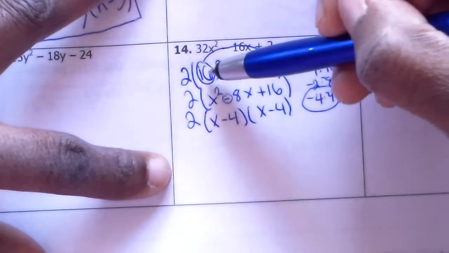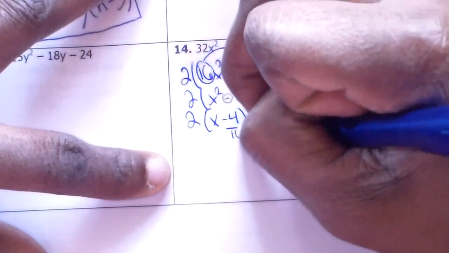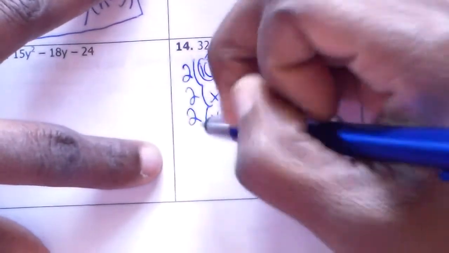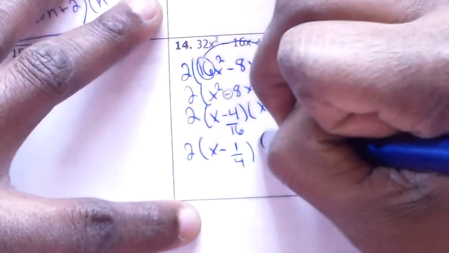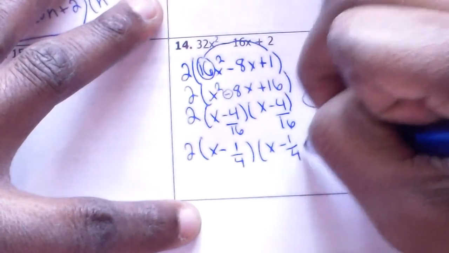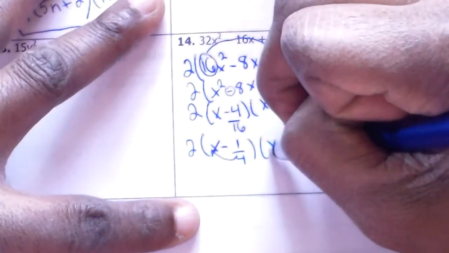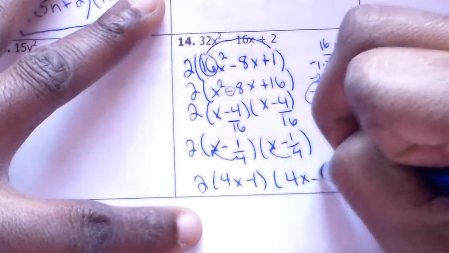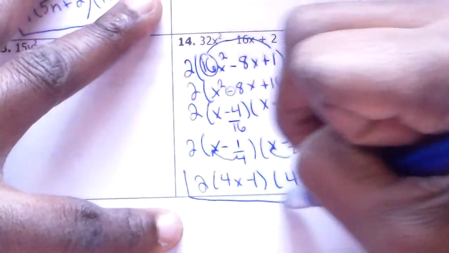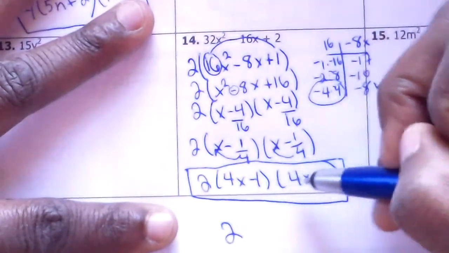So now we have to go back and divide them by that original 16, right? So we slid, now we divide by 16, divide by 16. I'm going to bring down my 2. That's going to be x minus, we know both of them divide by 4. 4 divided by 4 is 1. 16 divided by 4 is 4. And they're identical. They actually call it a perfect square, which we'll learn about. And so our final answer, we slide that 4 back into the front. So the final answer is 4x minus 1 and 4x minus 1. Got it? You can write your answer like that, or some of you might take it that extra step and you actually remember if they're identical, that means